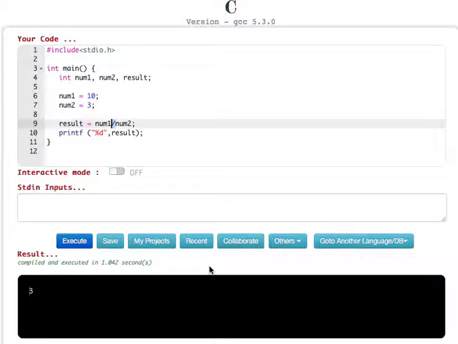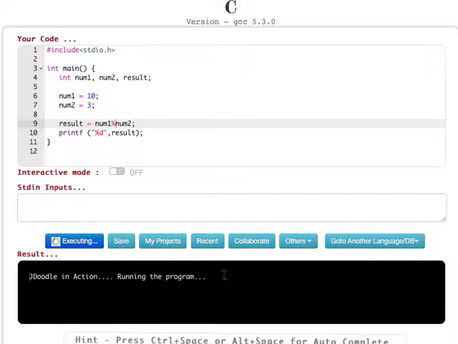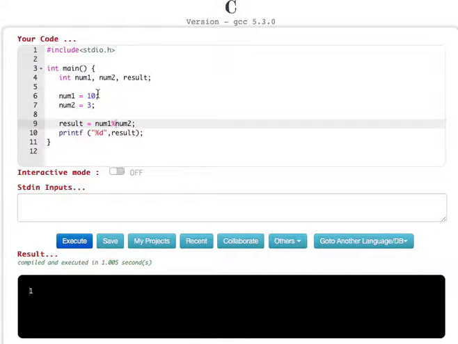Now let's check whether we get it. To find the remainder, we put the percentage. So if you put the percentage, you will get the remainder. Here we are going to get 1 as our remainder. Now let's try a different number. For example, if you are dividing 24 by 5, you should get a remainder of 4. Let's see whether it will work, right? It's working. So these are some basic